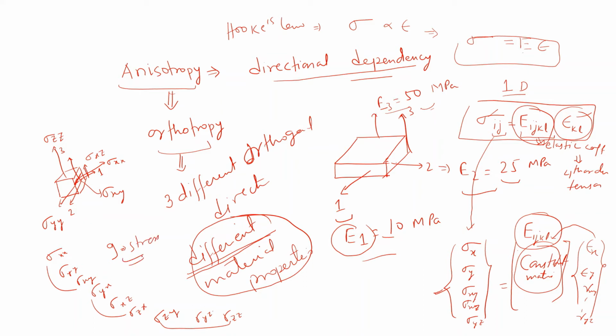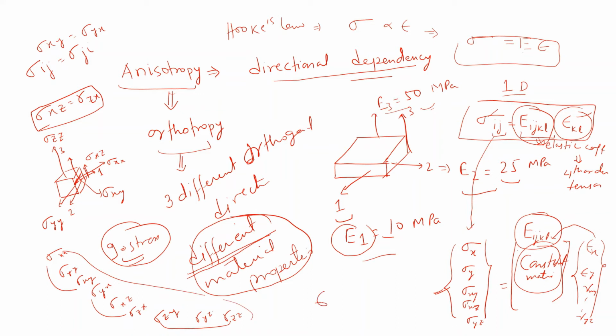Okay, so we know from the equation that sigma ij equals sigma ji, meaning sigma xy equals sigma yx. Similarly, sigma xz equals sigma zx. These properties are defined when we compute the moment about any point. Then we get the stresses ij equal to ji. So we say that the stress matrix is a symmetric stress matrix. From there we can reduce these 9 stresses to 6 stresses.